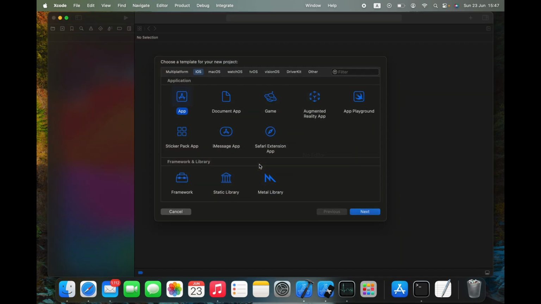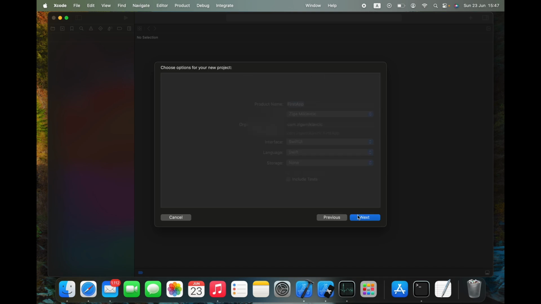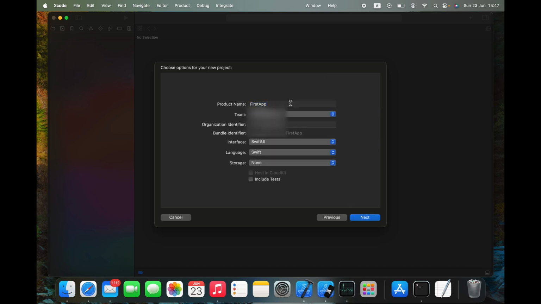Under the iOS section, select App, click Next and give it a name. I'm just going to call it First. Make sure interface is set to SwiftUI, language to Swift and storage to None. You can set the storage option to SwiftData or Core Data, but we are not going to use any of those